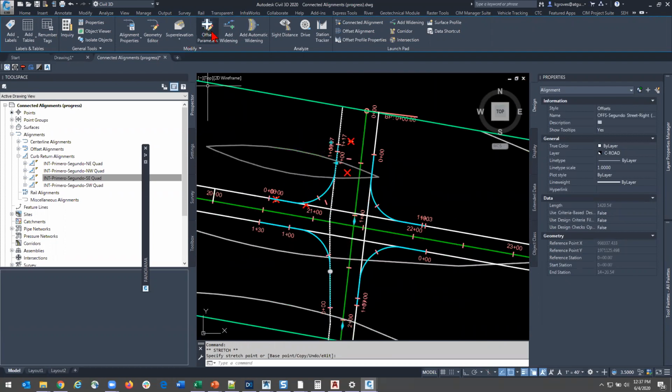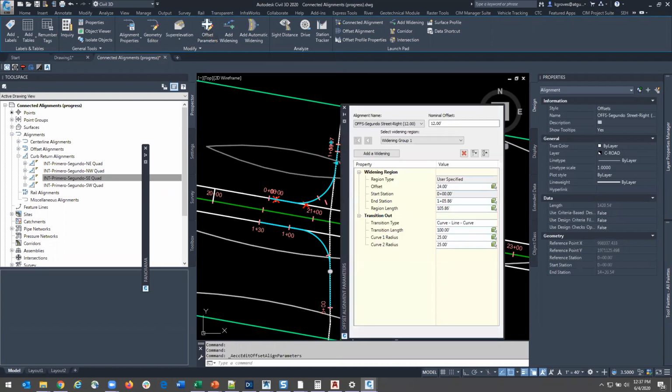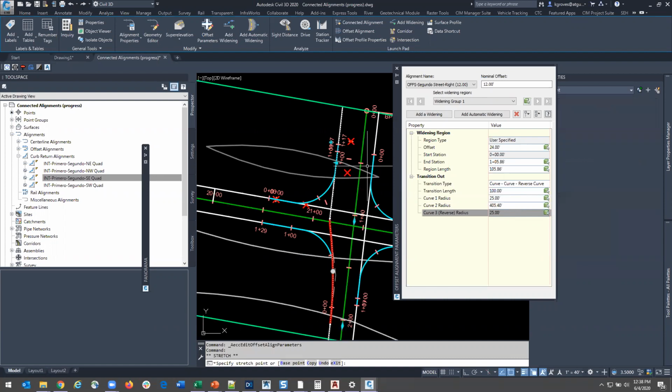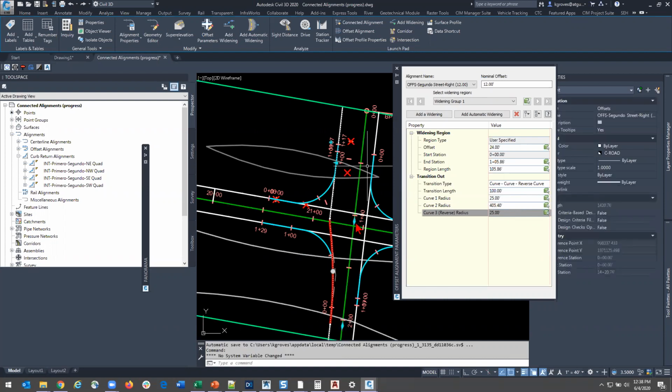And if I change my offset parameters for this widening, I don't want to go curve line curve. Let's get really fancy and do curve reverse curve. We'll do 50. I'm not attempting to use rational values for road design. I'm just trying to find something that will make a striking visual. And as this widening gets further and further along,